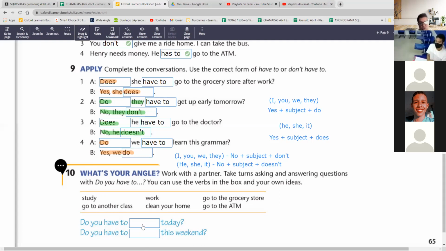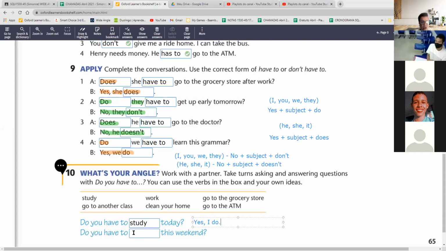Okay, so here, for example, you can put the verb study, right? Then what is the possible answer? If somebody asks me that question, oh, Simone, do you have to study today? I will say, yes, yes, I do. Okay,